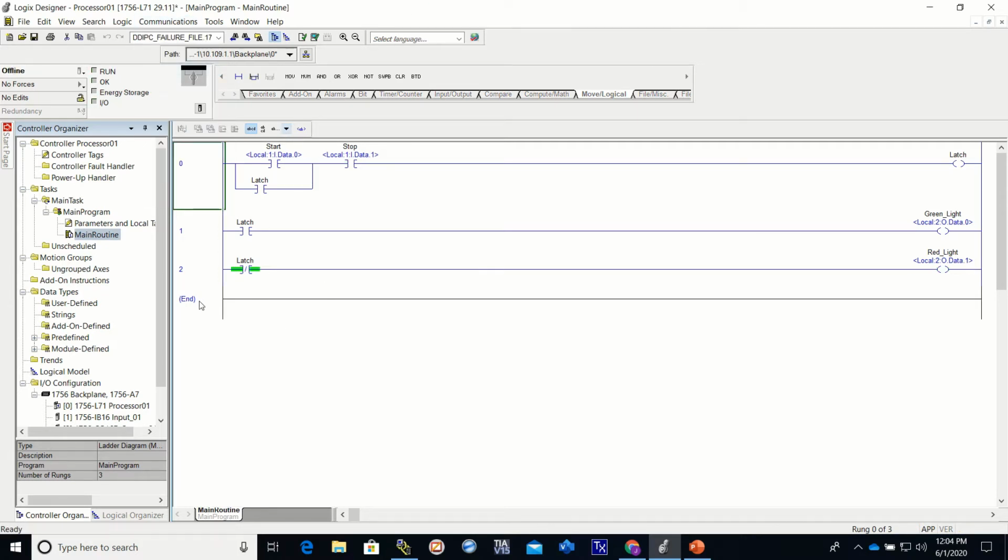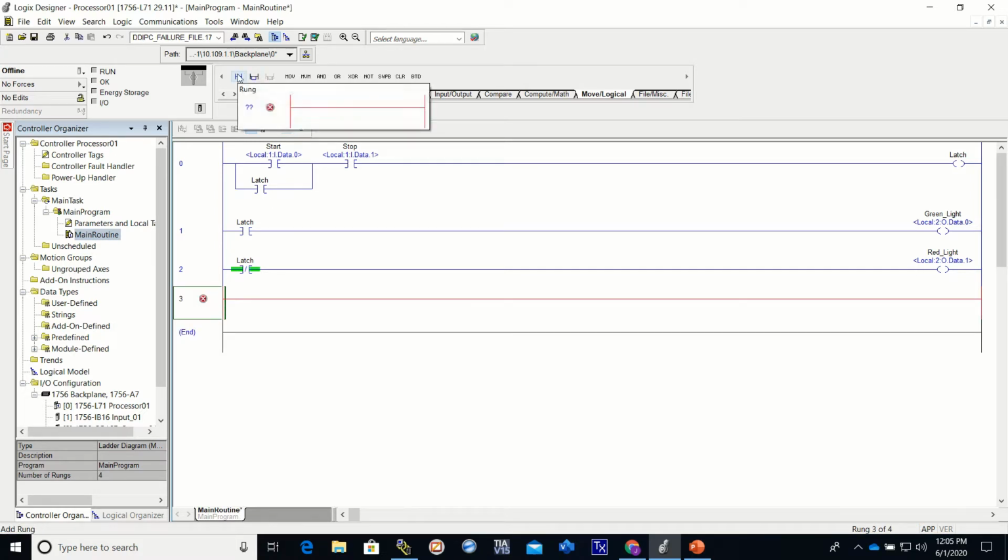add a move function. It's one of the most common functions out there, including timers, counters, copies, fills. So we're going to add a move function. So we're going to add a line of logic, a rung. We can get that right up here. All right. Now, in order to do this, I think we're going to go ahead and do 2. So just to make it simple,